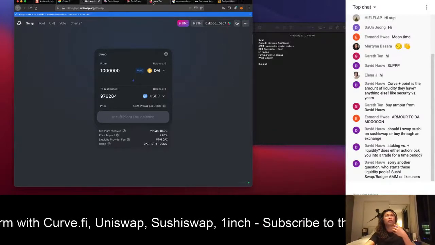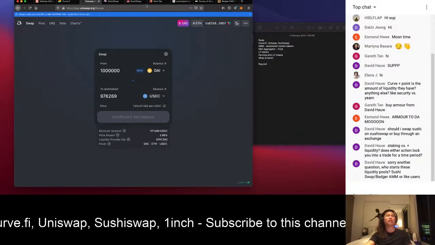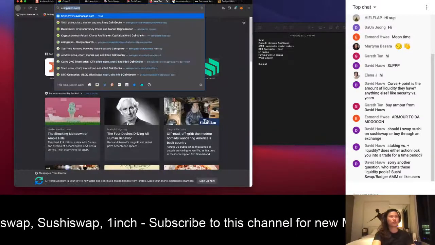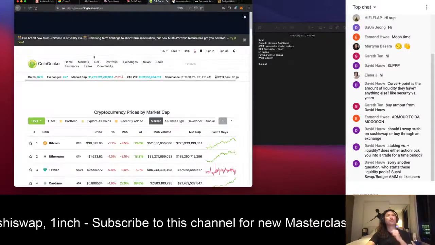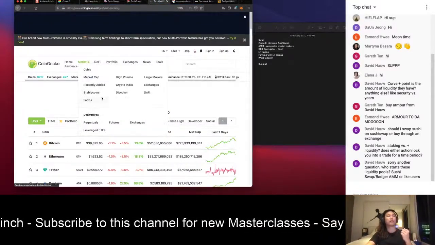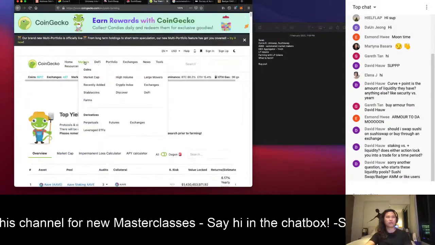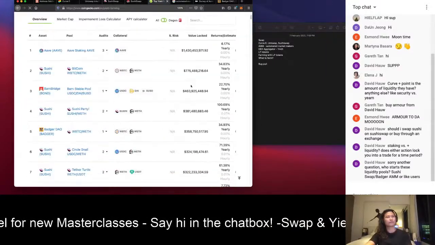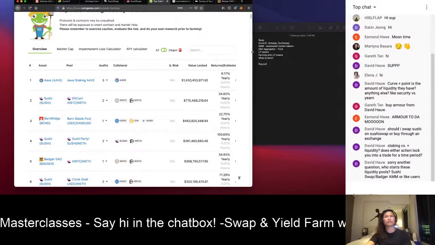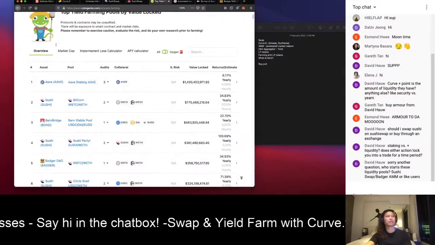So now we know how to get it done. Let's learn which one we should go and do the farming with. Same idea, CoinGecko, markets, farms. Come to the farm and then